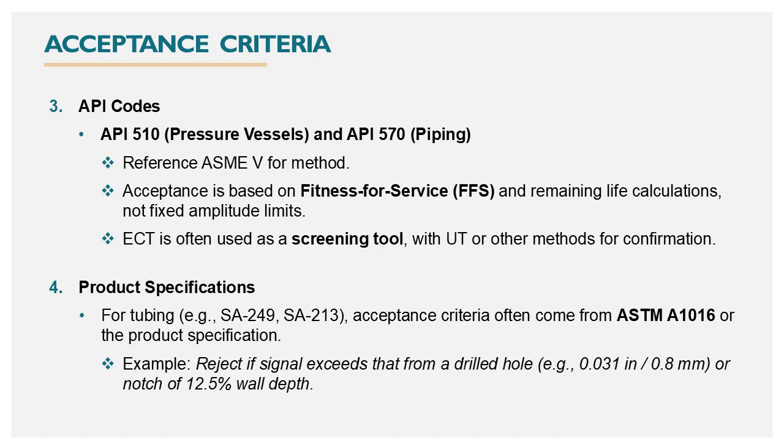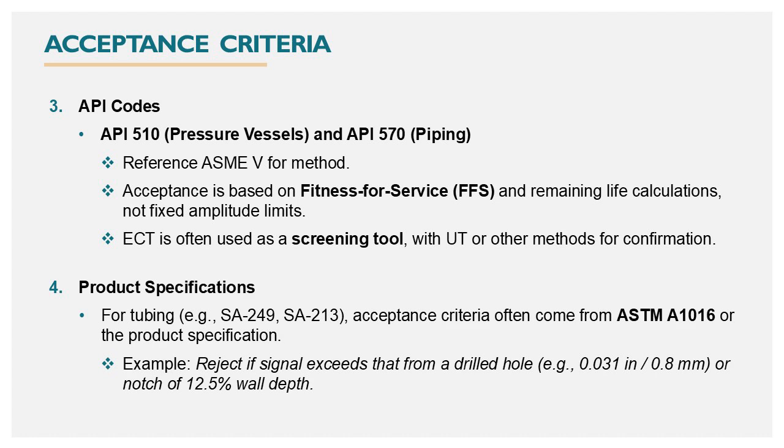Acceptance criteria number 3 is provided in the API codes, API 510 for pressure vessels and API 570 for piping. Both these API codes refer to ASME 5 for method. Acceptance is based on fitness for service and remaining life calculations, not fixed amplitude limits. Eddy current testing is often used as a screening tool, with UT or other methods for confirmation,